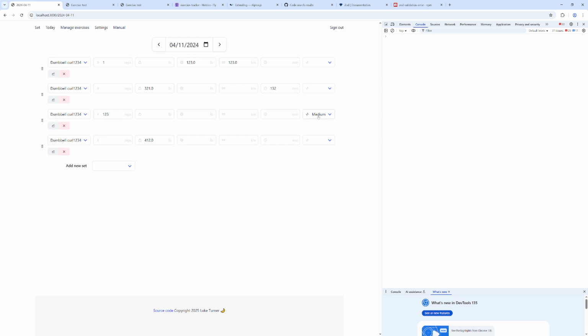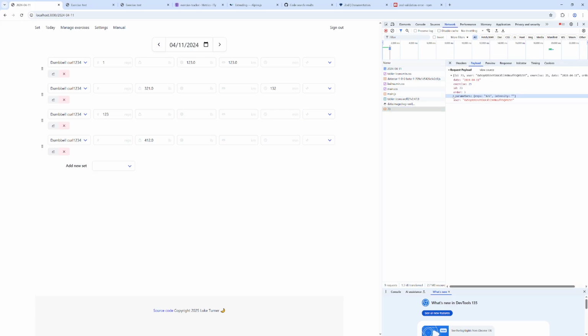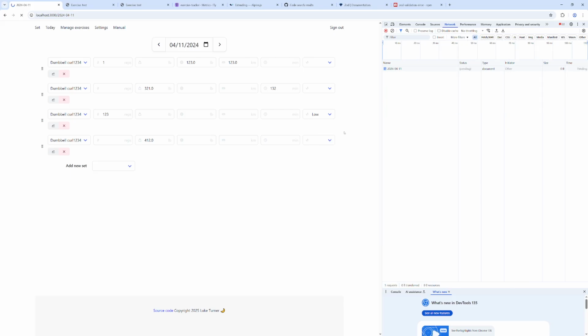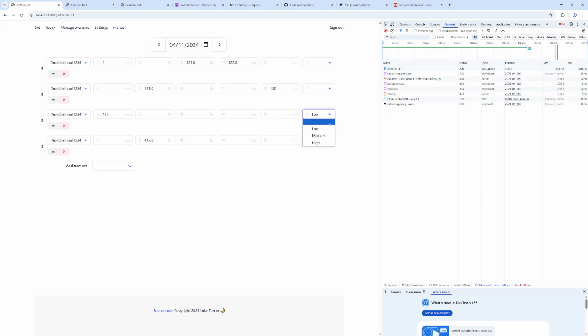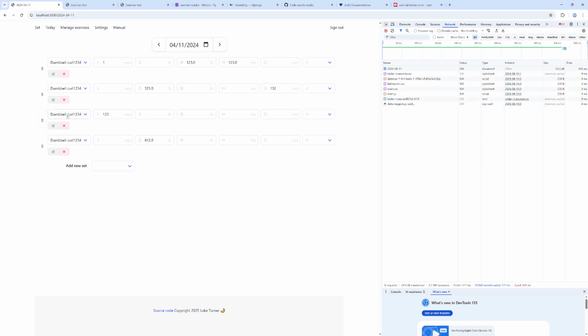One last thing. I'm way over time for the week, but one last thing I want to do here is fix this problem. So if I switch this to nothing, the intensity is sent as an empty object. Is that okay? Maybe that's actually just fine. If I switch it to low, reload, that works. If I switch it to an empty object and reload, that also works. And if I look at the historical data,